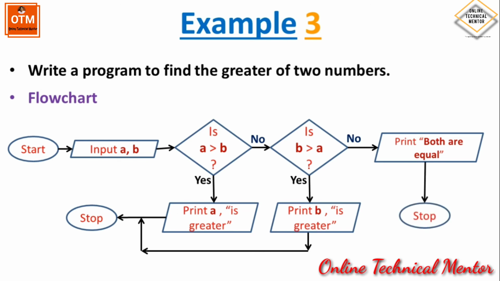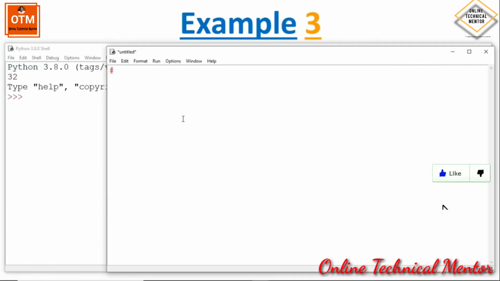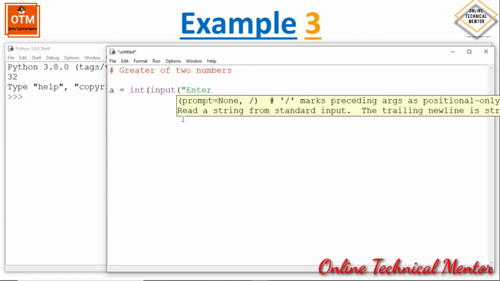Now let me write down the program for you. Before writing any program, if you draw the flowchart or write the algorithm, it will be easier for you to construct a program. So let me write the program by looking into this flowchart. First of all, open a new file. First line is a comment line, greater of 2 numbers. Now a equal to int within brackets input, enter any number,